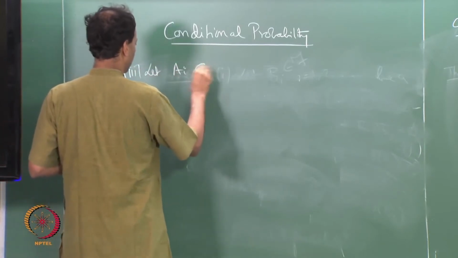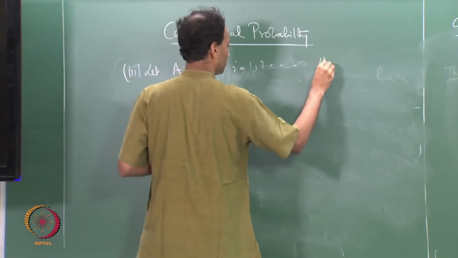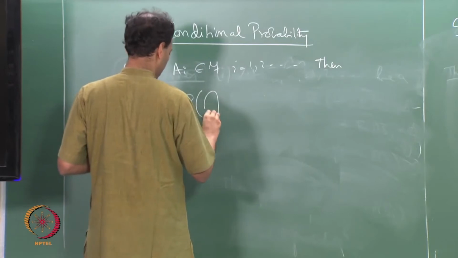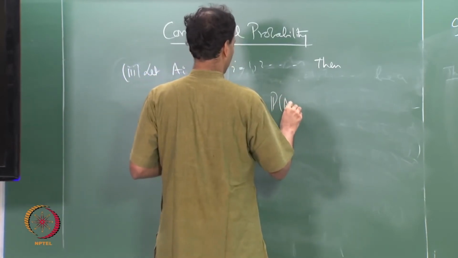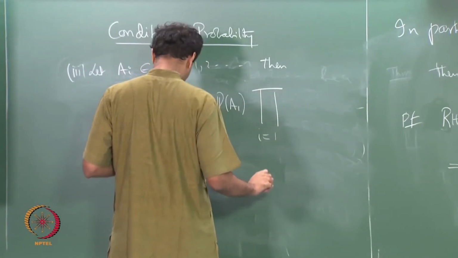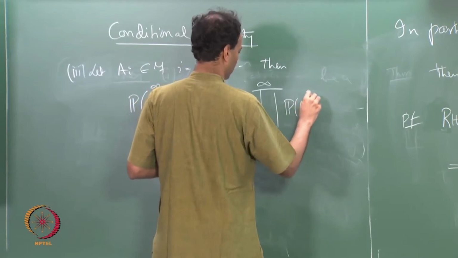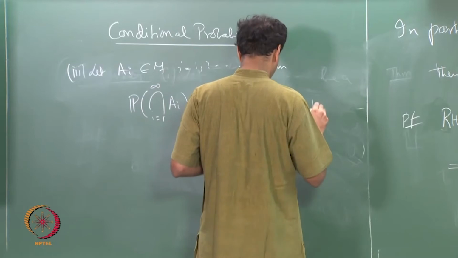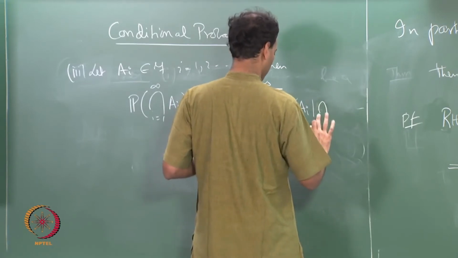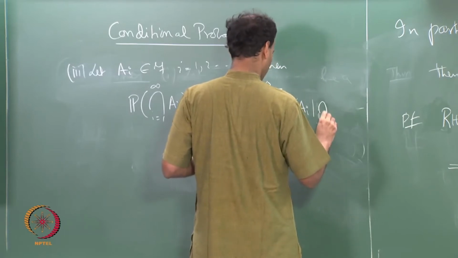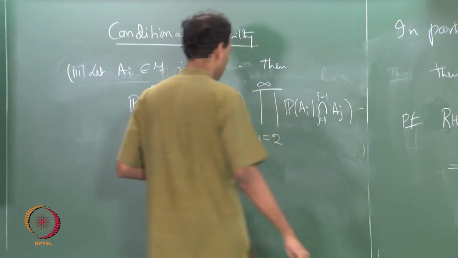Let A_i in F, i equals 1, 2, dot dot dot, then probability of intersection i equals 1 through infinity A_i is equal to probability of A_1 times the product of probability of A_i given intersection j equals 1 through i minus 1 of A_j, okay,